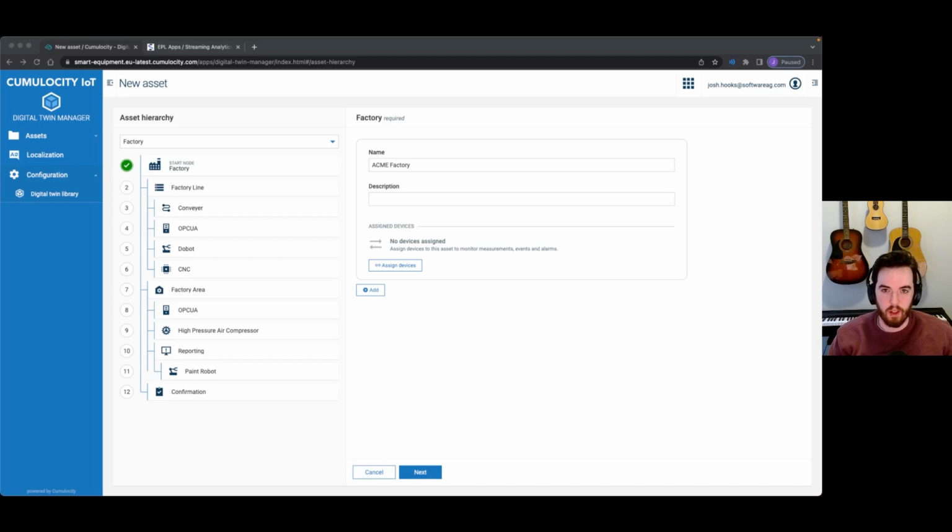Hi, I'm Josh Hooks. I'm a solution architect at Software AG, and I'm here to show you an example using Cumulocity IoT of how we can take our digital twin manager concept and augment it using streaming analytics to aggregate information from a number of devices into an asset where you would want to create intelligent dashboards and see things in a single place. And to do that, we're going to start with our Cumulocity tenant that we have here,